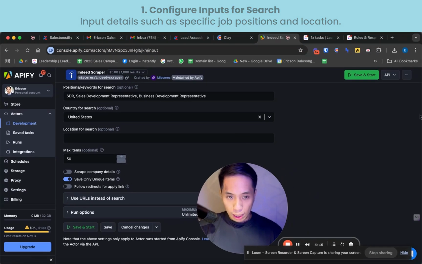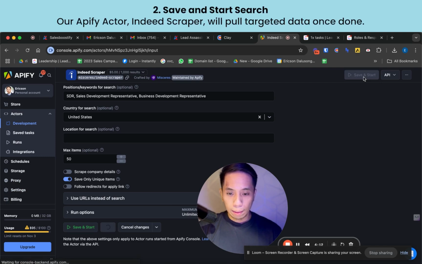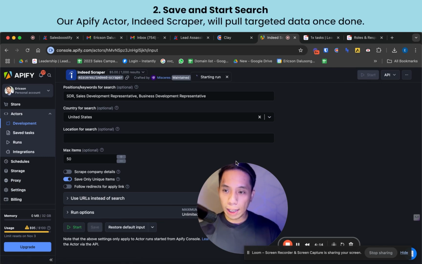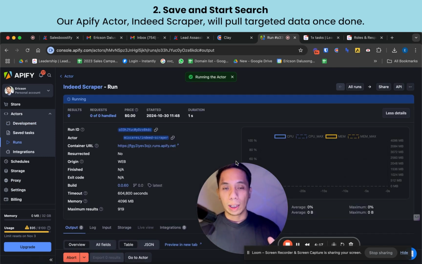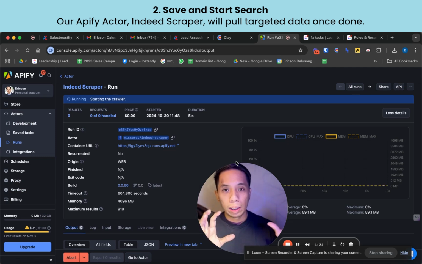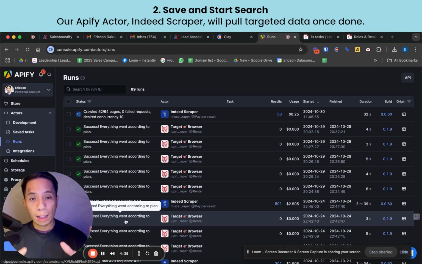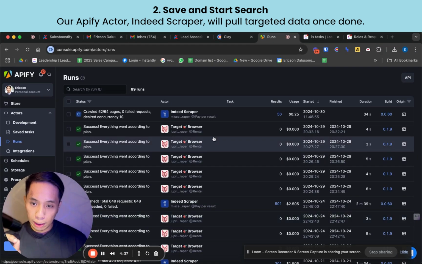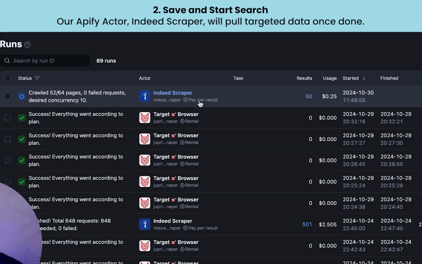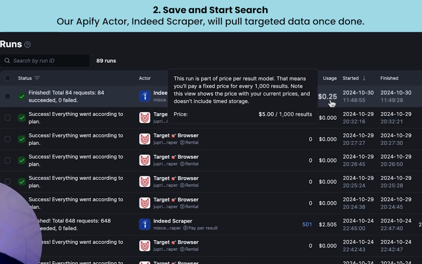What I would do next is hit save and start. Then the Apify actor is going to start scraping Indeed and look for companies that are hiring for SDRs. In the run section, you are going to see that the actor or the scraper is now fetching some results. You can see here that we were able to get 50 results and it cost us 0.25 cents,